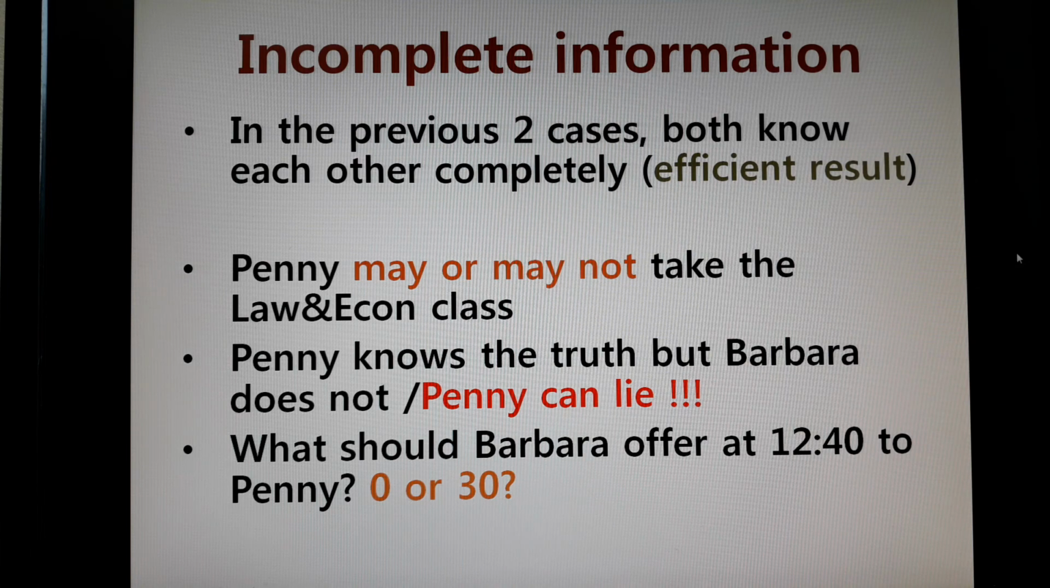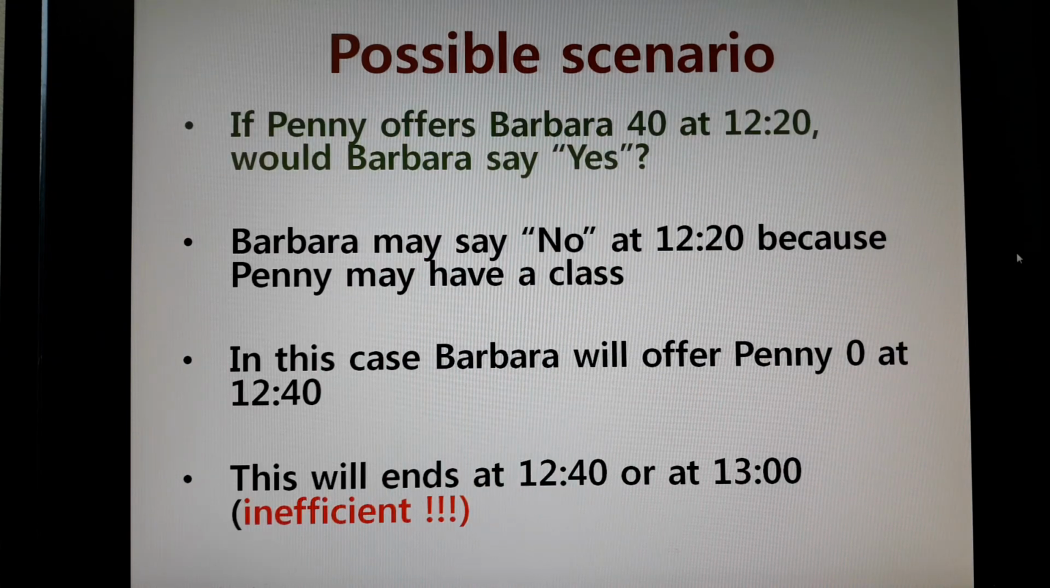Okay? So this is kind of a game of chicken. If Barbara is strong in her belief and takes the risk, she'll offer Penny 0 and keep 70. She may get 70 or she may get 0. But if Barbara is weak-hearted, then she's going to give Penny 30 and she's going to keep 40. Then she will certainly get 40. What would you do? Think about one possible scenario. If Penny offers Barbara 40 at 12:20,